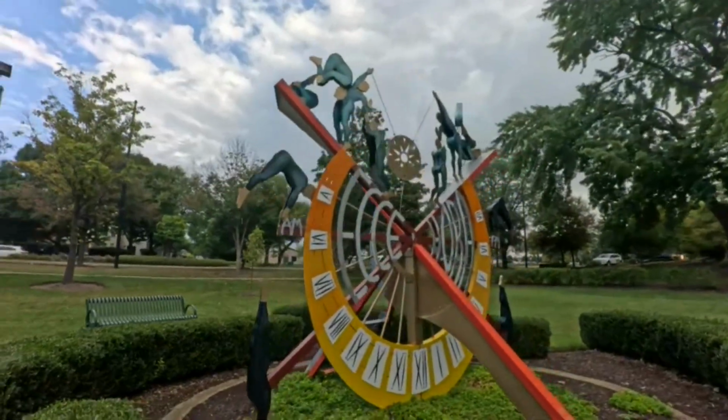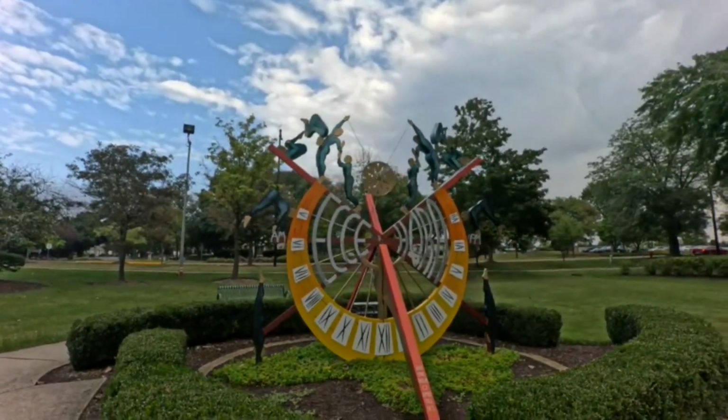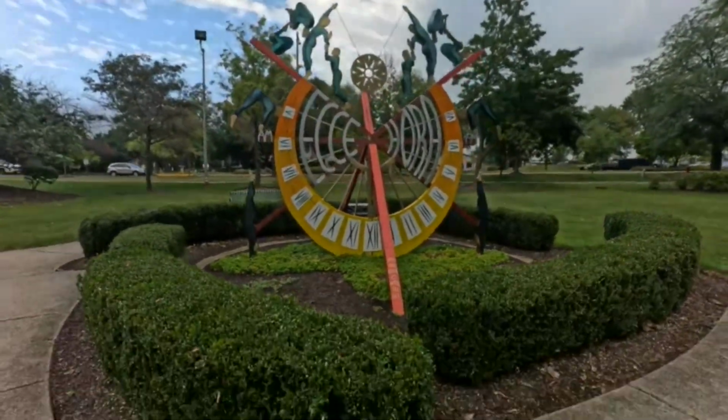General gymnastics with some Roman numerals on it. That's cool. That is really neat. Oh, it's like a clock, and people are doing gymnastics around the clock. Here is